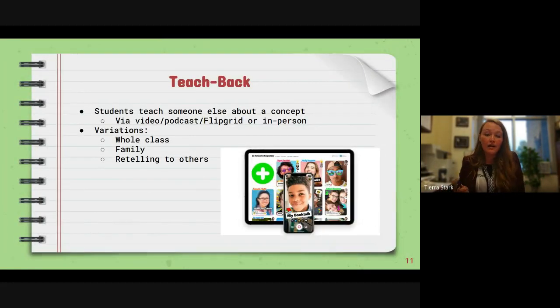So something that I always like to use is teach back. And so this is a process where the students research something or learn something, and then they teach the concept either to a buddy, to a partner, to a team, to the whole class even. And then there are different ways to do that. So you can do